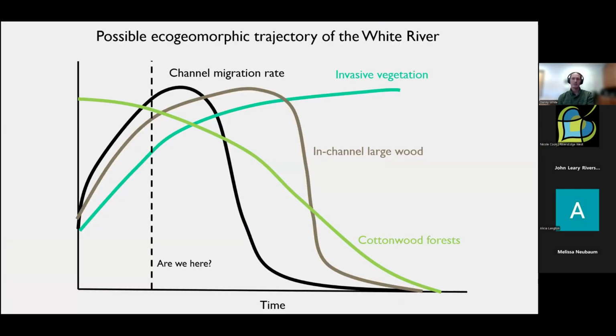So this time series graph brings the main processes together. We start with a period of increasing channel migration rate, which is the black line, a time of high dynamism, followed by a gradual drop-off as the system begins to stabilize. Invasive vegetation, which is kind of that silvery green, increases rapidly until it stabilizes. And then in-channel large wood, which is the brown line,